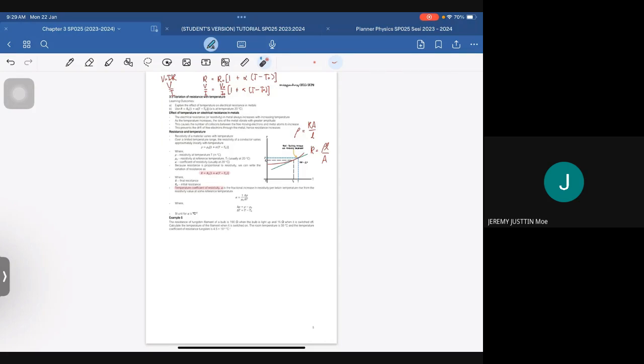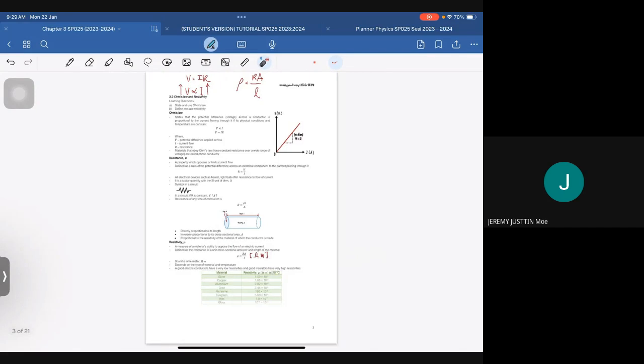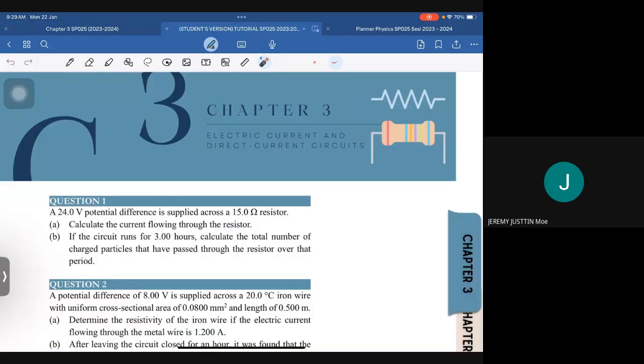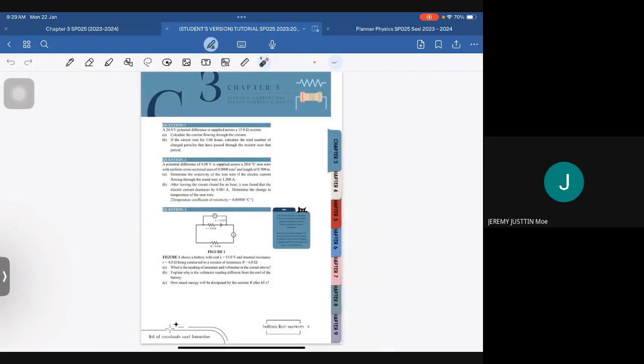So sekarang kita ada 1, 2, 3, 4, 5. Lebih kurang 5 formula lah untuk the first 3 subtopics ni. Okay, so sekarang kita tengoklah untuk soalan tutorial. Seharusnya soalan tutorial